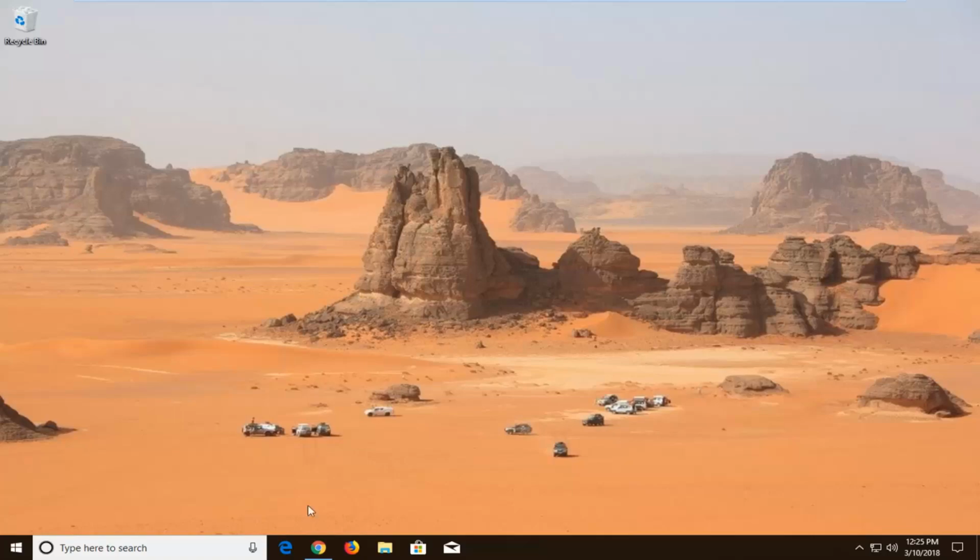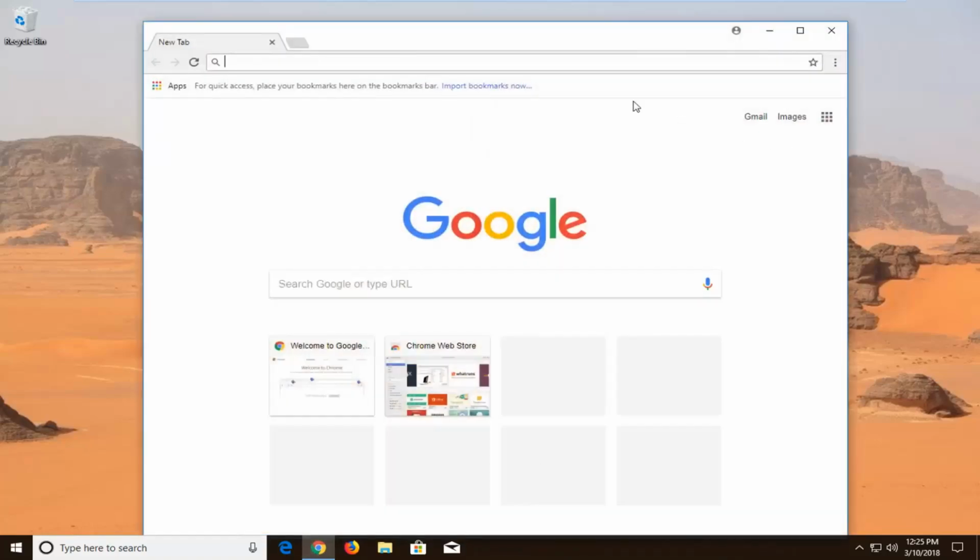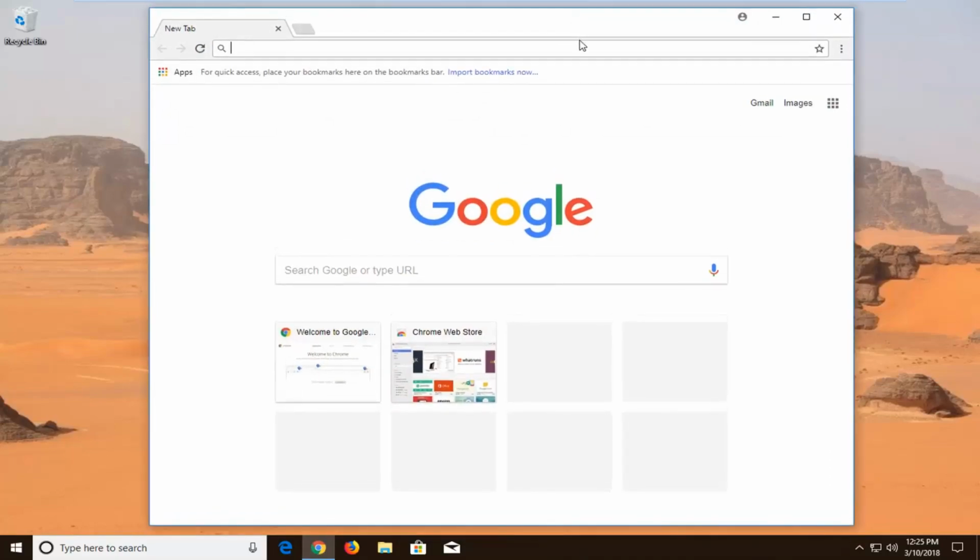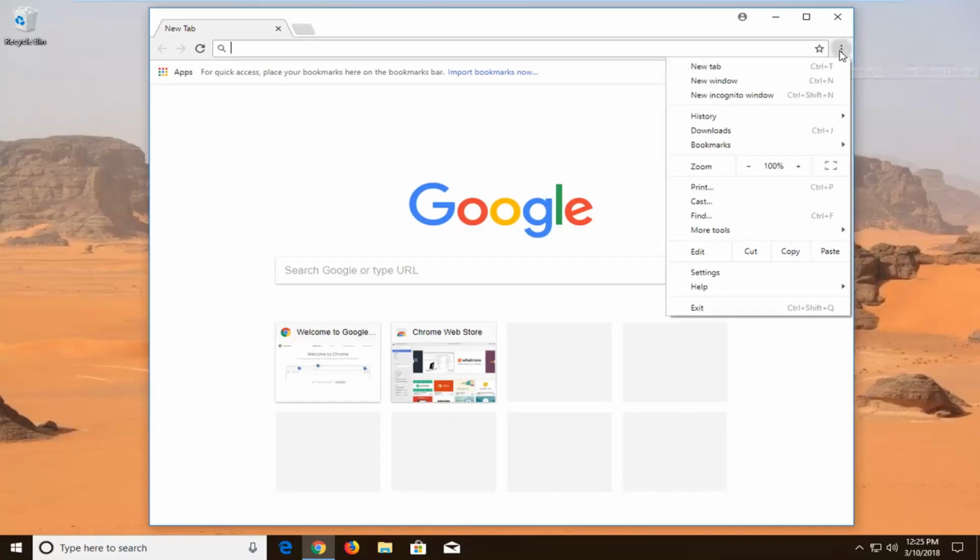So we're going to start by opening up the Google Chrome web browser if you don't already have it open. And now you want to navigate over to the top right corner of the browser window. When you hover over it, it should say Customize and Control Google Chrome. It's the menu icon. Left click on it, and then go down and left click on Settings from near the